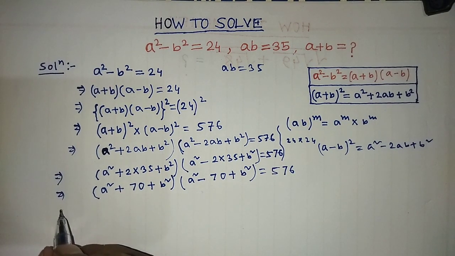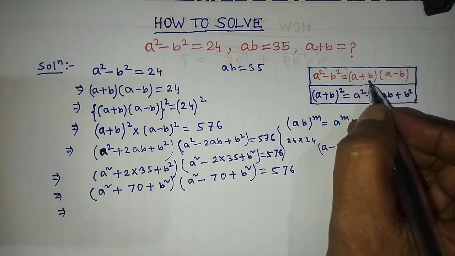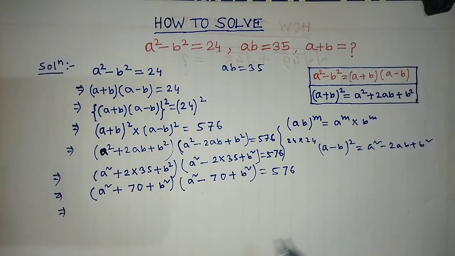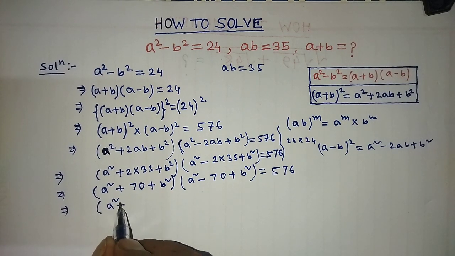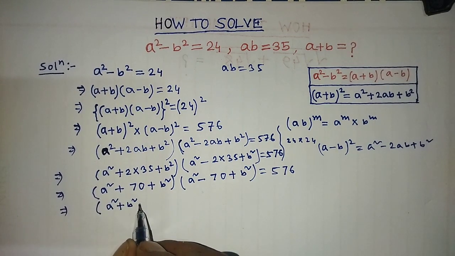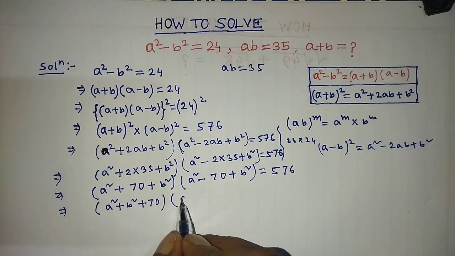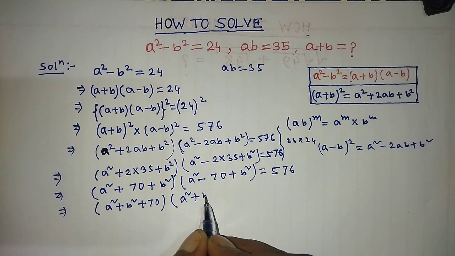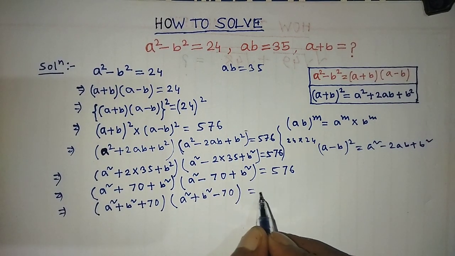After that we have to arrange this algebraic expression in the form of a plus b into a minus b. So we write a square plus b square plus 70 into a square plus b square minus 70